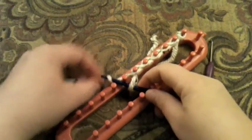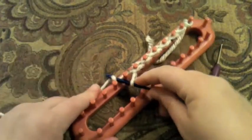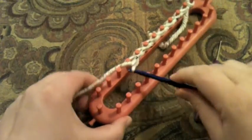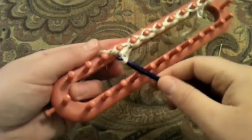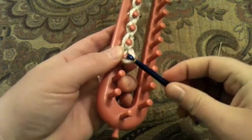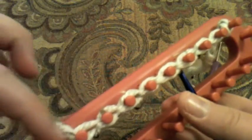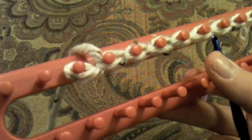When you get to the area that you want to be your last, let's just say that we're going to have our last right after this one. So say I want to use all but 2 pegs on my loom. So see how I've got 3 pegs on here, but now I've already wrapped most of them. Now I'm actually going to take this and put it on the loom. So you see that last loop that you did? So now this is actually ready for you to work back the other direction on your flat panel. So what you've actually done is cast on